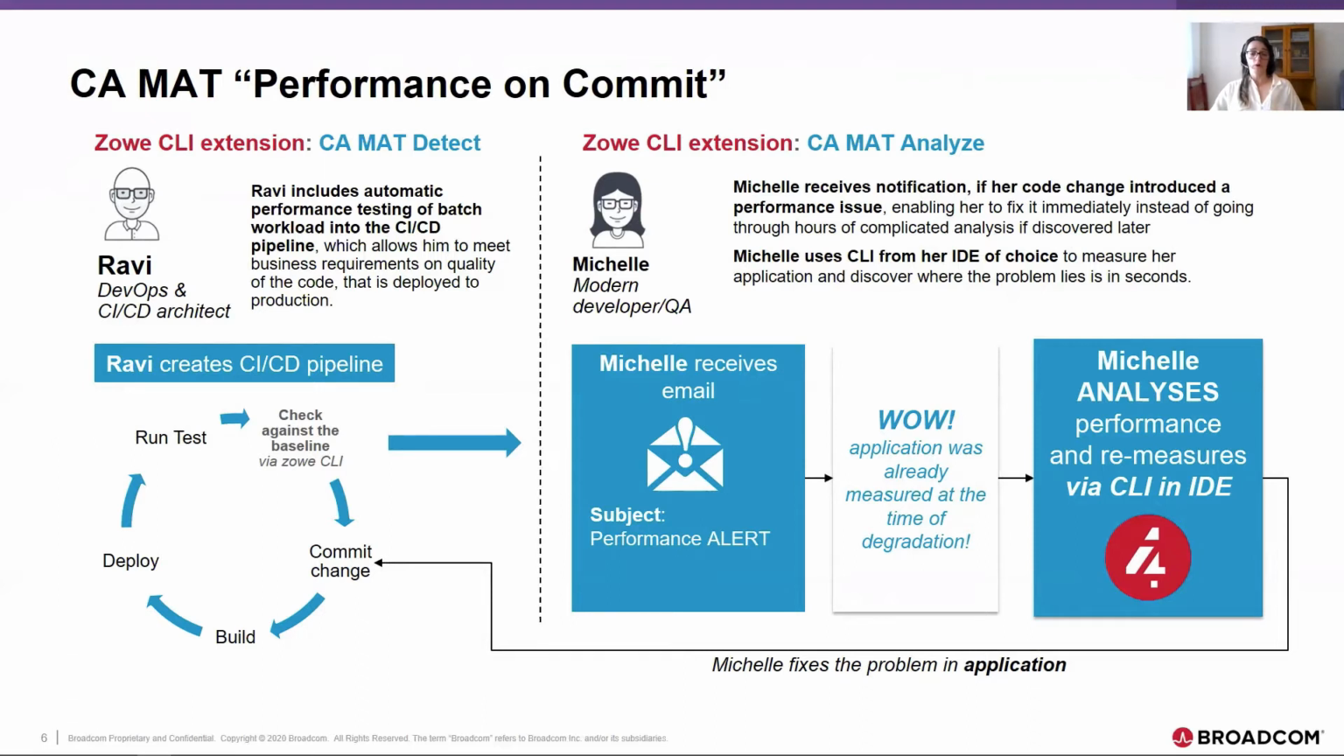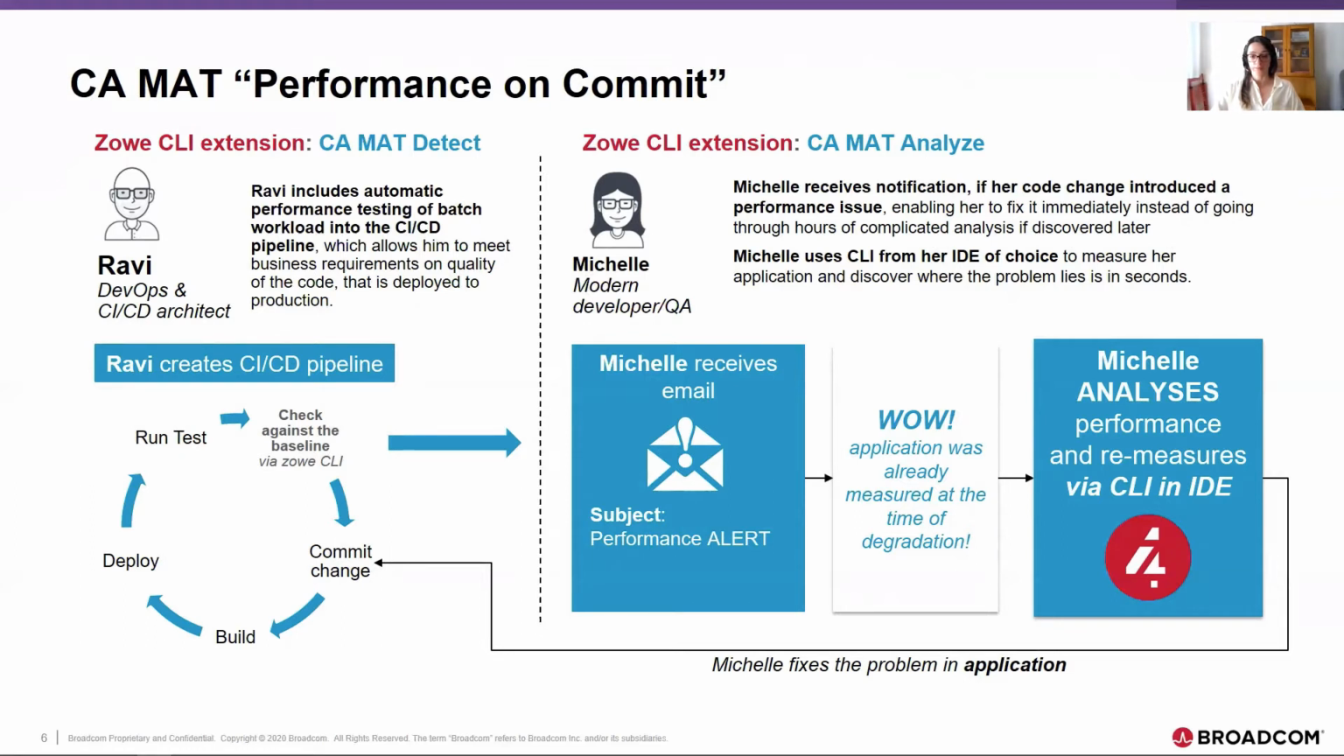You also probably heard about Zowe, an open source framework which allows you to work with z/OS from off-platform, having a cloud-like experience. So now CA-MAT provides two Zowe CLI extensions, command line plugins. CA-MAT Detect here on the left, which enables DevOps architects like Ravi to include detection of batch code performance degradation